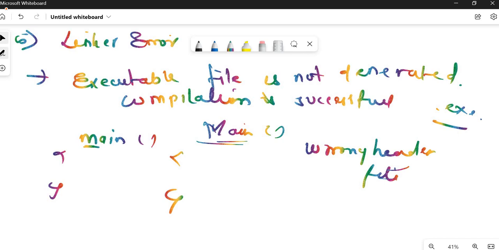Fine, so these are the 5 main types of error that we studied. So if in exam, if this type of question comes, so please see the marks, for how many marks they have asked. You can write all 5 errors if you have time, otherwise for 2 marks you can write 2 or 3 errors, or also give the example of the error. Okay,